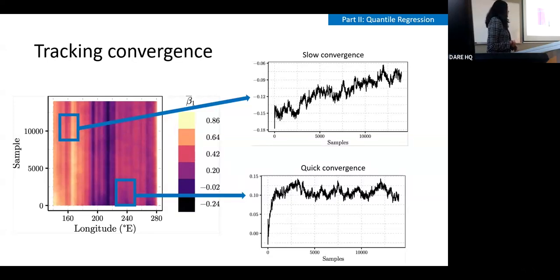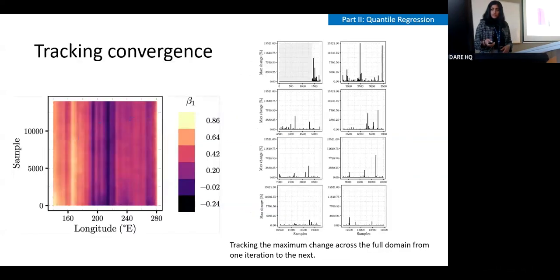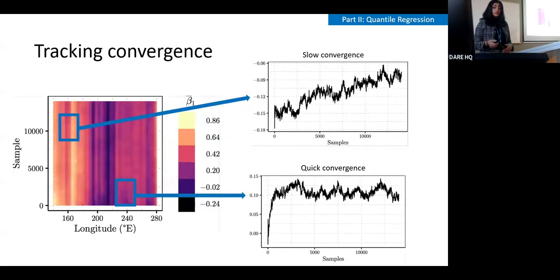So in this case, we are tracking the convergence of the iterates of beta. Of course, we do this for theta as well. Here you're looking at the spatial field, and here you're looking at the sample number. I'm sorry, I might have missed a slide. There's supposed to be another image here which isn't showing up. I apologize. So just to orient you, this is where South America is, and this is where Australia is.